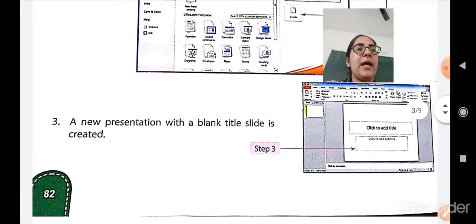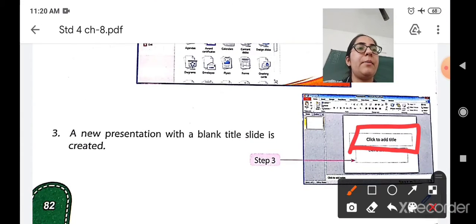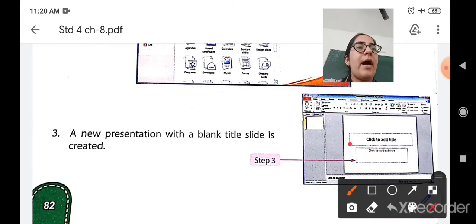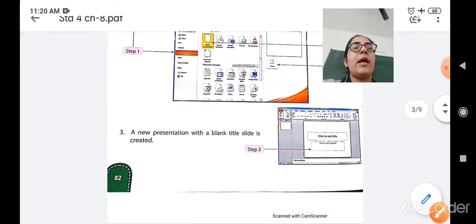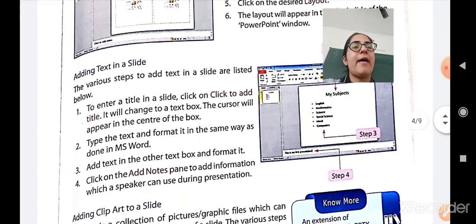So here you will see that when you create a blank presentation like this, this button will be there: Click to add a title. If you want to create a title, you have to click on this box, and you will see that it gets converted into a text box. Now you can write it. Type the text and format it in the same way as done in Microsoft Word.